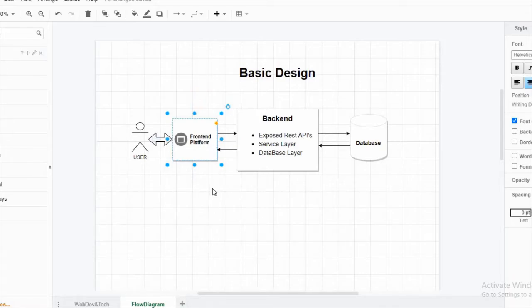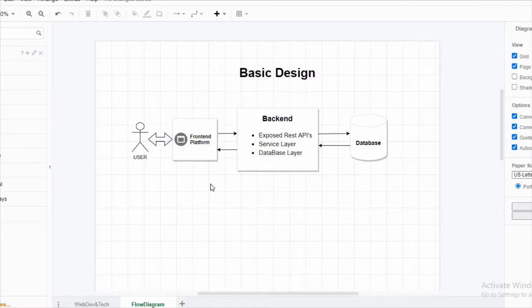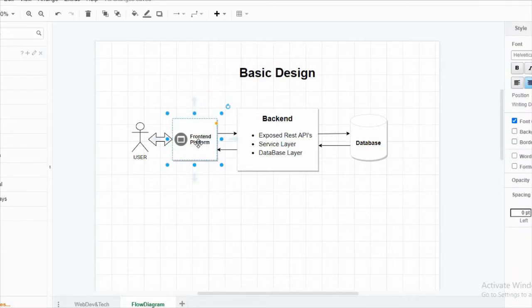Next, we will take one more scenario for better understanding. Currently the user is not present in our system, and the user wants to sign up to our website. He or she will fill the sign up form in the front end. That form, while clicking on the submit button, will be transferred to the backend, all the data.